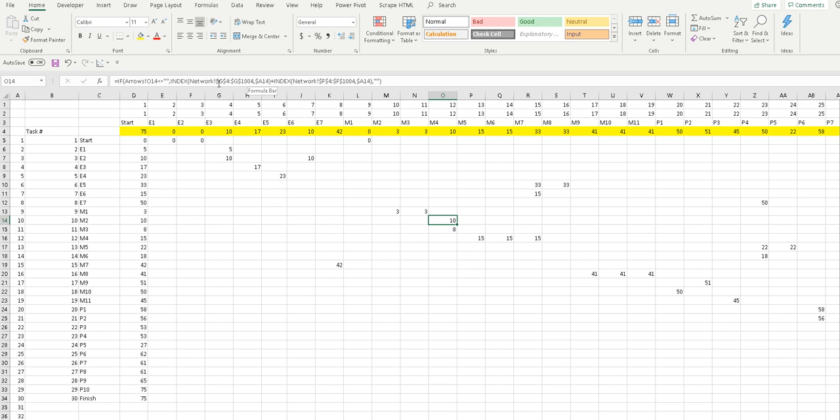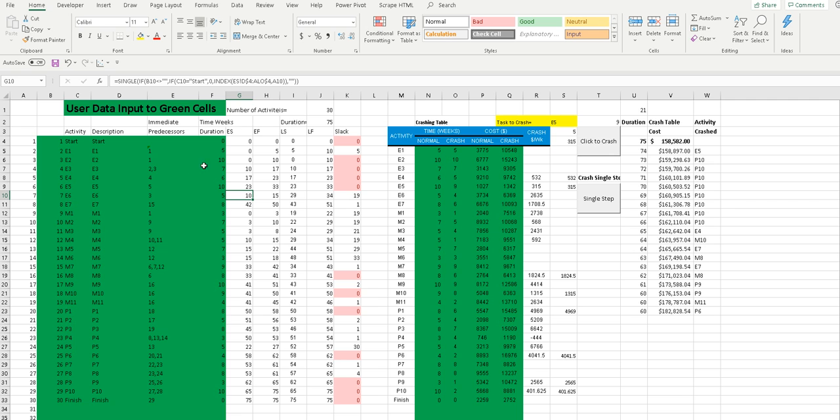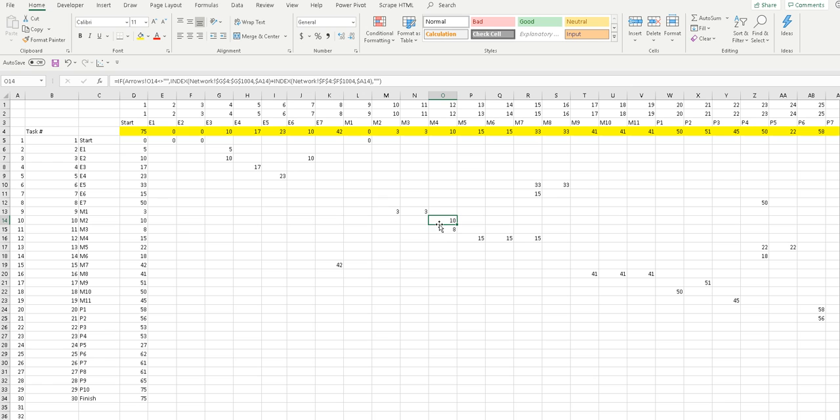And then we have the G, which is in the network diagram sheet, G are the early starts. So the early start of, let's see, G, and why is A14... well, this is for M2. Let's see, so M4,